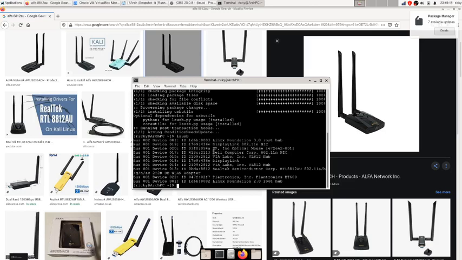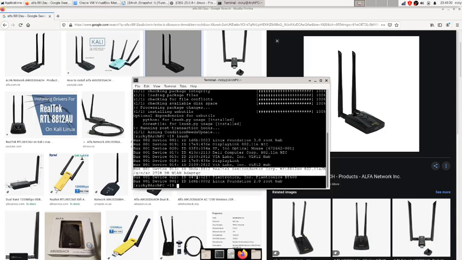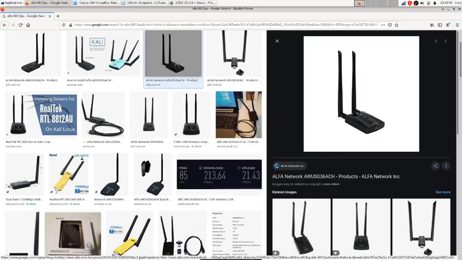You can see everything here, Dell, DisplayLink, VIA Labs. This is the one I am using. The chipset is Realtek 8812AU. This is the wireless LAN adapter. Sometimes when you upgrade from one kernel to a higher kernel, you will see some issues. So normally I use DKMS to install those drivers. Here I'm going to show you that.